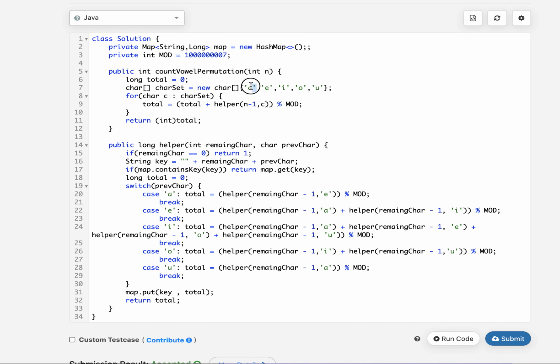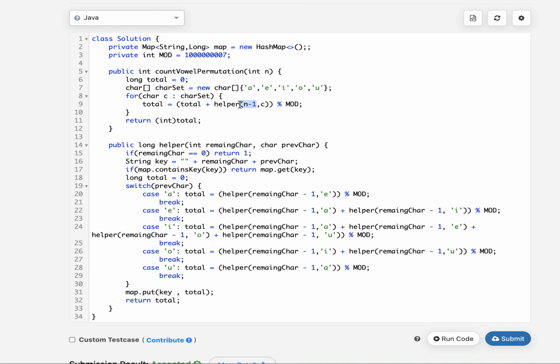So the first character I took is A, then I took the first character as E using this for loop, then I, then O, then U, and I passed in a helper the count of the remaining characters that the string should have. Since we have consumed one character, the remaining length of the string should be n minus 1. So we need to fill in n minus 1 more characters into our output string.